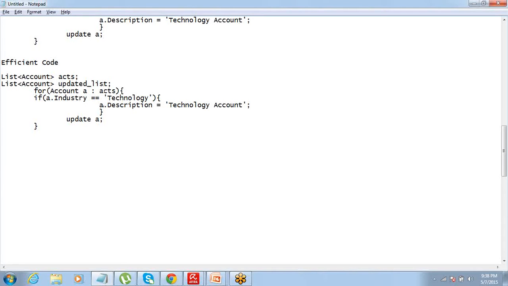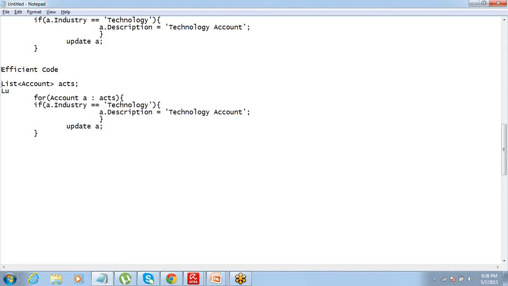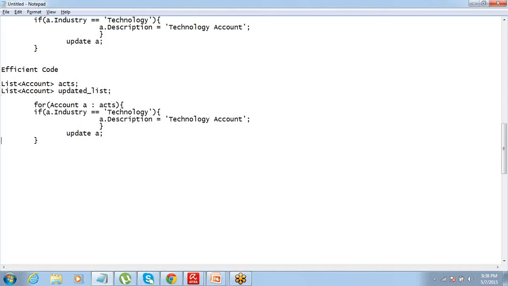Instead of performing an update operation here, I will just add this a to the list. So updatedList.add(a).